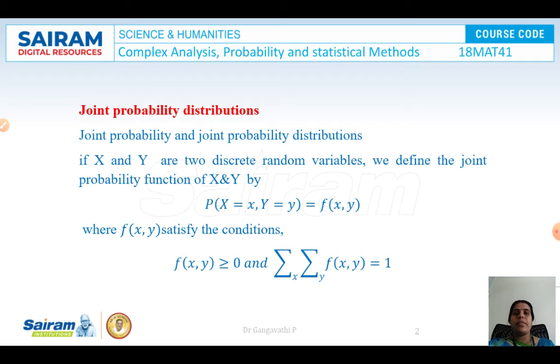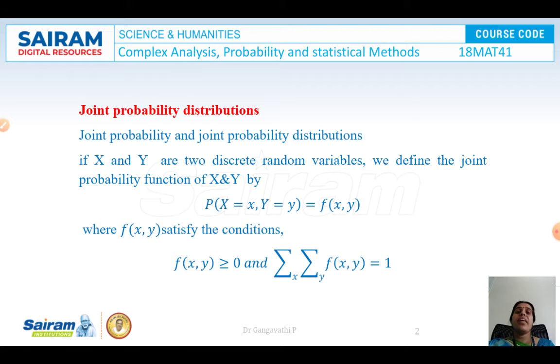So what is a joint probability distribution? We have come across probability distributions like the binomial distribution, normal distribution, exponential distribution as well as the Poisson distribution. If you can recall, all of those are related to discrete random variables as well as continuous random variables. And one more thing we need to observe there is that the discrete or continuous random variable taken for consideration was only one variable.